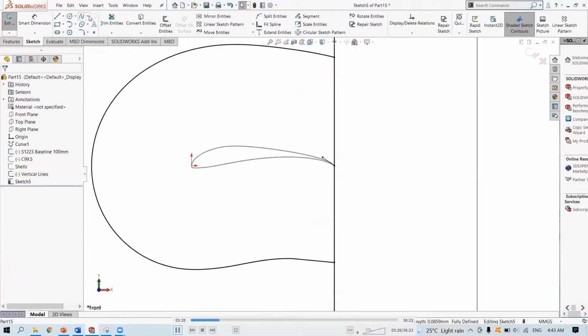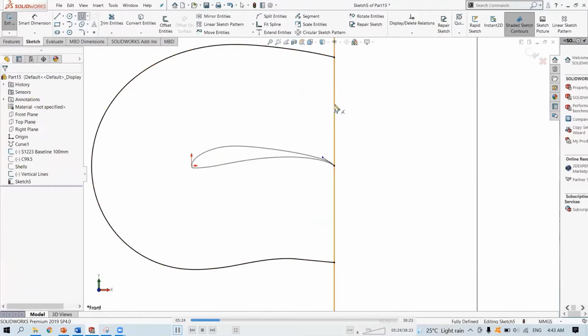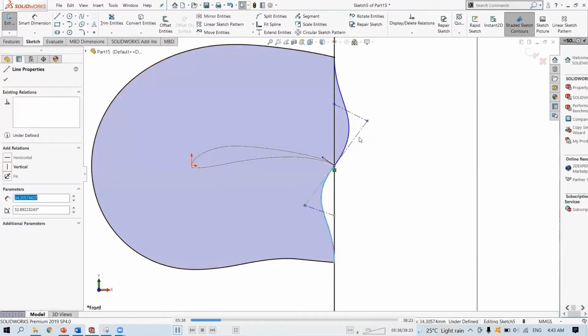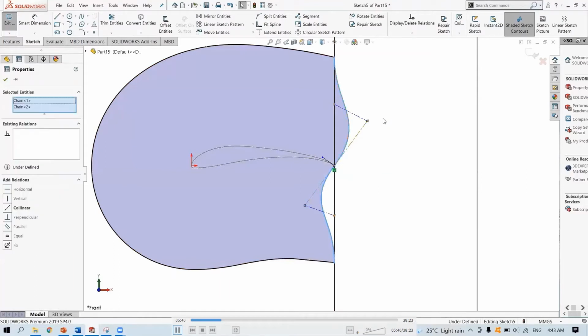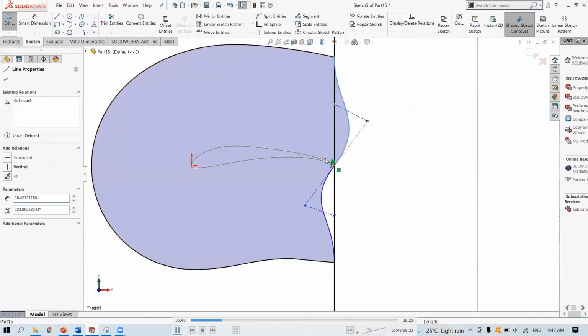Okay. Now we'll do our first guide curve. I like to use the spline. It's easier to control. And another one from the bottom. Okay, we'll make both of these collinear as well as perpendicular to the line earlier.